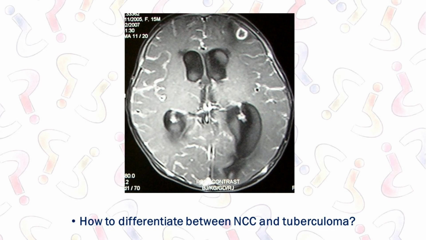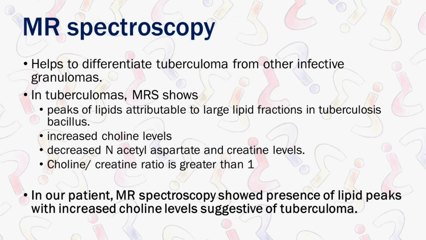So the only way you have to know is either do a biopsy of that lesion or do a Cysticercus ELISA, which is not available. So you have an MR spectro. What MR spectro does, it looks at choline, it looks at lipids, it looks at lactate. And your Mycobacterium tuberculosis cell wall is full of lipids. So if that is TB, there should be lipid peaks. Okay, and your choline will be higher.